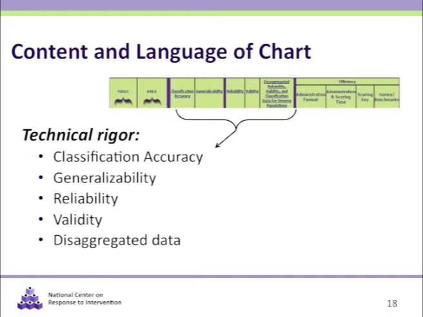The third, reliability, is the consistency with which a tool classifies students from one administration to the next. A tool is considered reliable if it produces the same results when administering the test under different conditions, at different times, or using different forms of the test. Validity, the fourth, is the extent to which a tool accurately measures the underlying constructs that it's intended to measure. The fifth, disaggregated data, is whether the data are calculated and reported separately for specific subpopulations, for example, by race, economic status, academic performance, and so on.